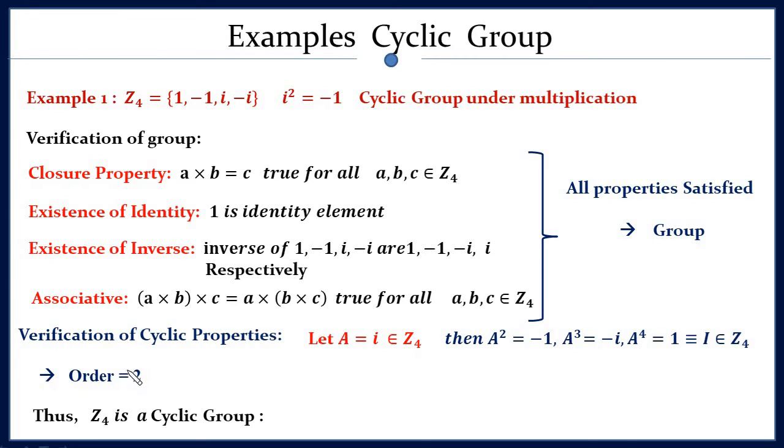The order will be 4. Here I have written 2, order will be 4. Okay. Z4 is a cyclic group and it will have i, -1, -i and 1 as elements. In general form, A equals i, A square is -1, A cube equals -i, A to the power 4 is 1. So this is a cyclic group of order 4. I have written 2 here. It is order 4. Okay. So please correct it.